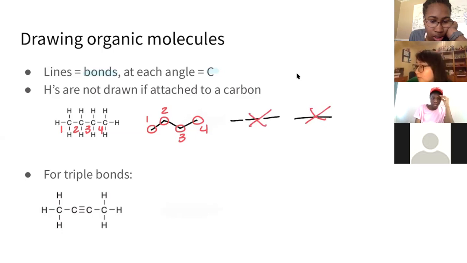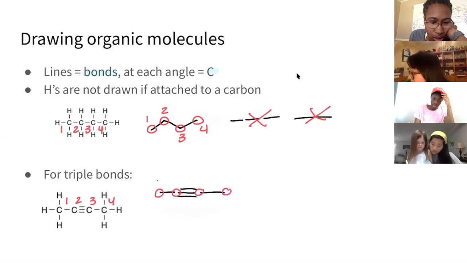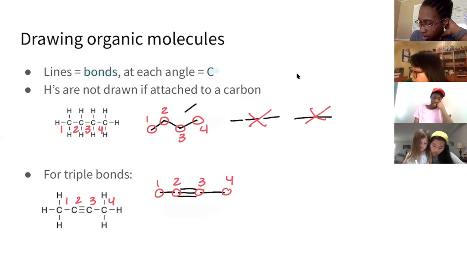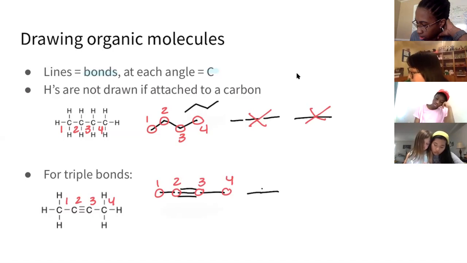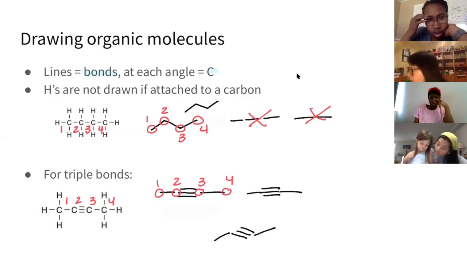When you have a double or triple bond, you want to do something similar. First, count your carbons. It's 4 again: 1, 2, 3, 4. Sorry, that's a little bit ugly. I'll draw these out next to it so they don't look the same. But the reason why we wouldn't do it at an angle like this, for example, is because